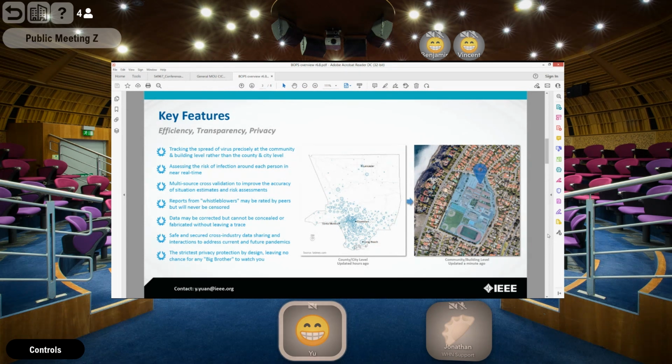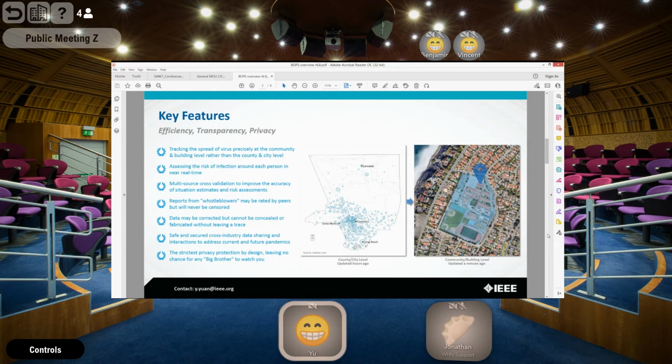One is county and the city level, the positive cases or the level of risk, the level of existing cases in different counties and cities in the Los Angeles area. But our goal is to push this to a much more fine-grained level,